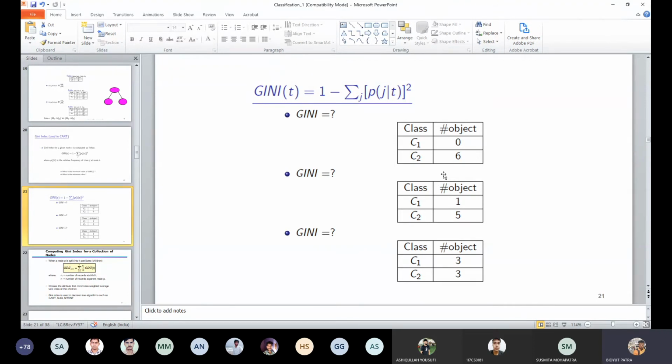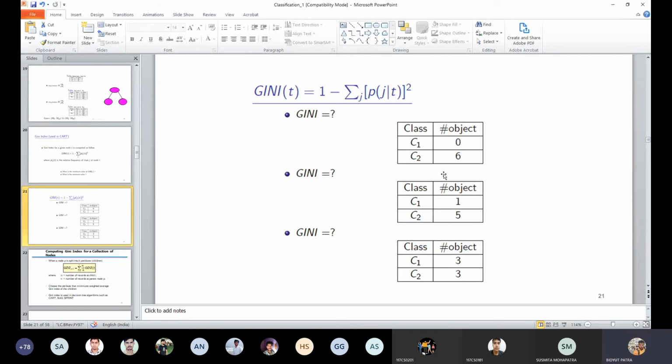What will be the Gini for the middle case? 1 minus (1 by 36 plus 25 by 36), so 1 minus 26 by 36.